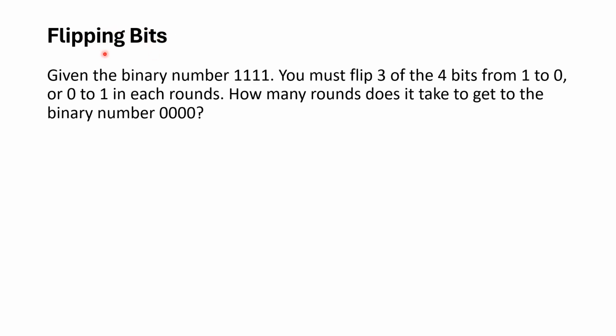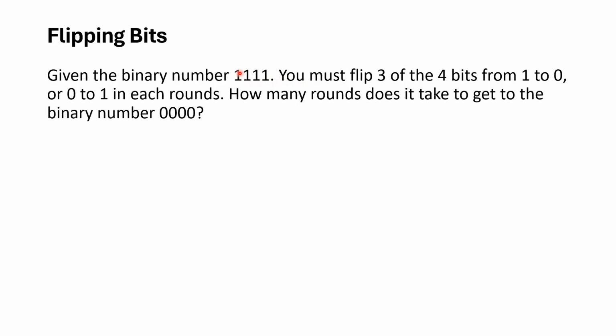We have another puzzle here. I'm calling it flipping bits. I initially saw it as flipping wine glasses, where you flip them from being up to down, but I thought it'd be a little easier for me to draw with just binary numbers. So you're given the binary number 1, 1, 1, 1, so 4 ones in a row,